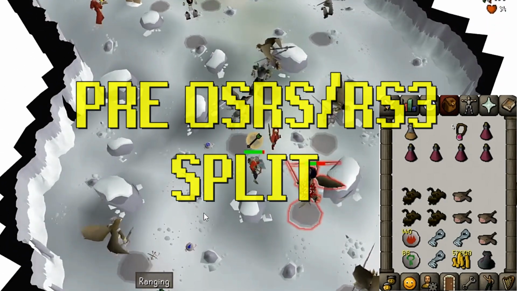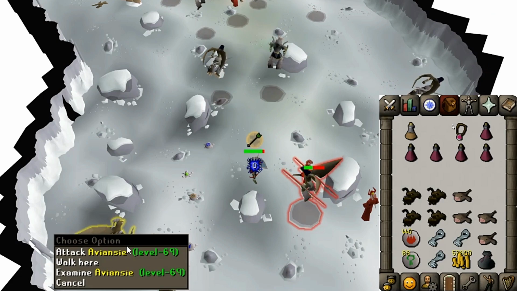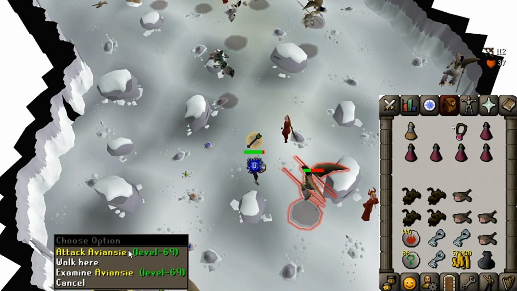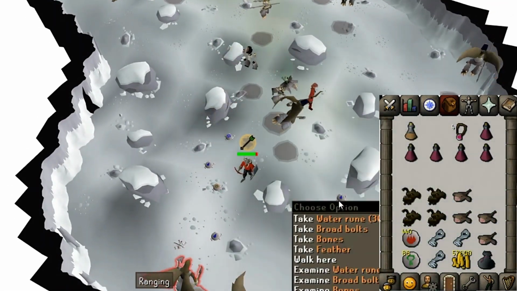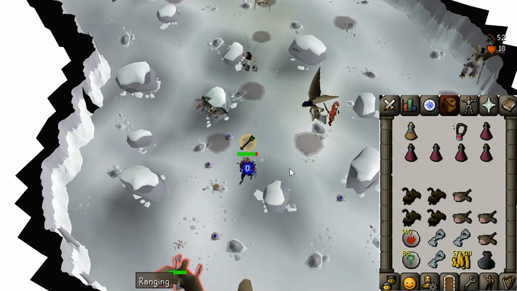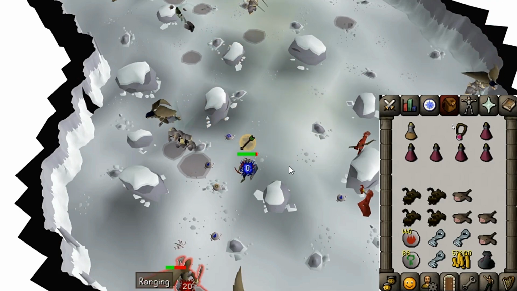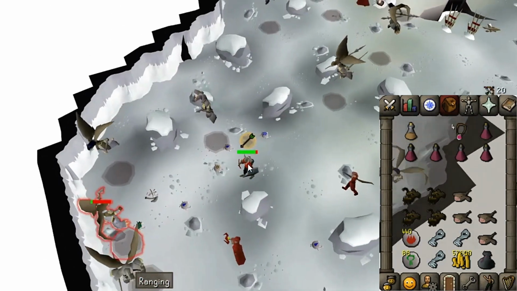That was back when the Aviansie in the God Wars dungeon dropped noted bars without requiring an achievement diary, and they are always a solid passive money maker in my opinion because of the noted adamant bars. And to avoid the diary requirement that you have nowadays, we just have had to move our operations into the wilderness, and I'm going to see how much we can make in an hour at the wilderness Aviansie